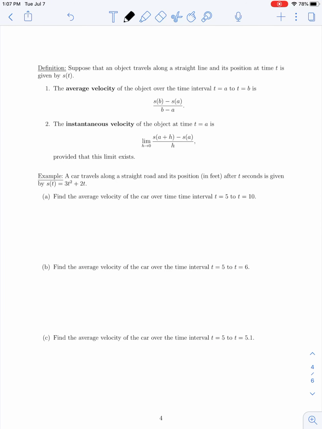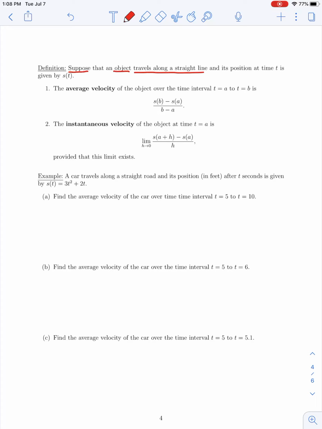Now, some applications of average or instantaneous rate of change are what we're going to consider next. Starting with a physical interpretation, if we have an object which is moving along a straight line. So let's introduce the following definitions. Suppose that we have some object which travels along a straight line. So maybe we could think about a car or a person traveling along a straight segment of road, or we could think about a ball which is thrown directly upward or dropped so that it's falling directly downward in a